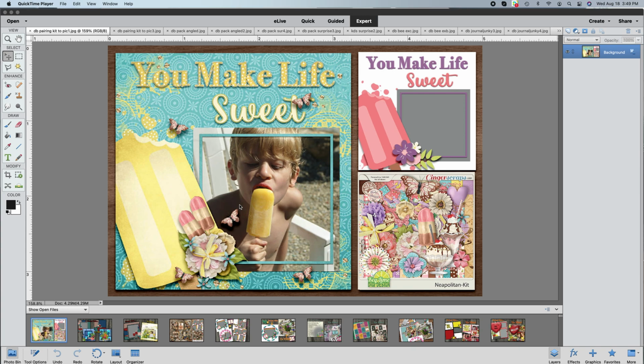This is what the page looks like when you follow a template. And here's the little kit I used from my girlfriend at Key Lime Digi Design. This is the result when you mix this or this, and an adorable little boy sucking on a lolly, you get this result. Okay, so I'm gonna run you through different kinds of styles of templates,